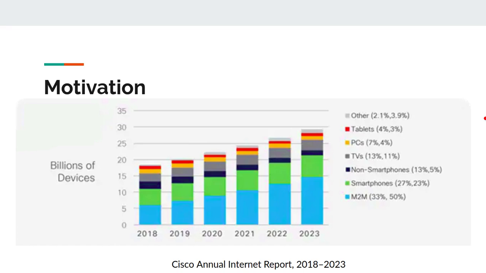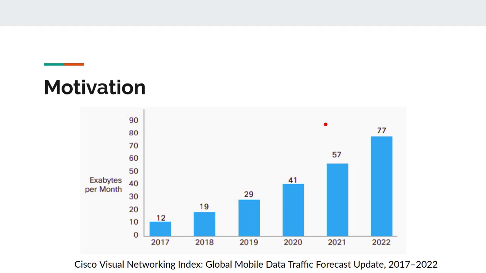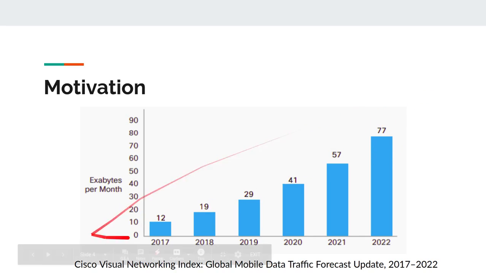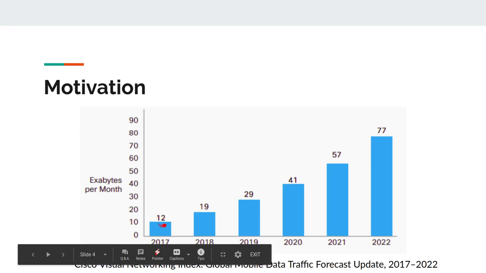According to Cisco, the number of devices is increasing. So by 2023, there will be almost 30 billion devices connected to the internet, including PCs, smartphones, sensors, and other devices. We see here that this increase seems to be linear, but the increase in traffic by mobile devices looks exponential. So, according to Cisco, by 2022, there will be a sevenfold increase in the traffic by mobile devices